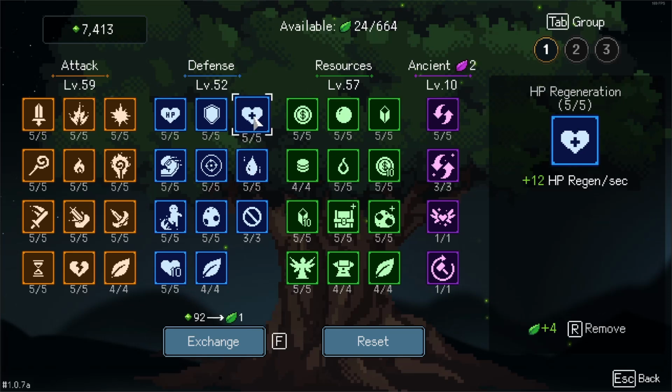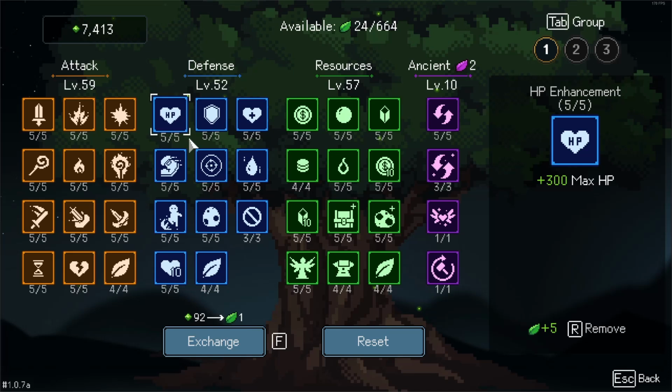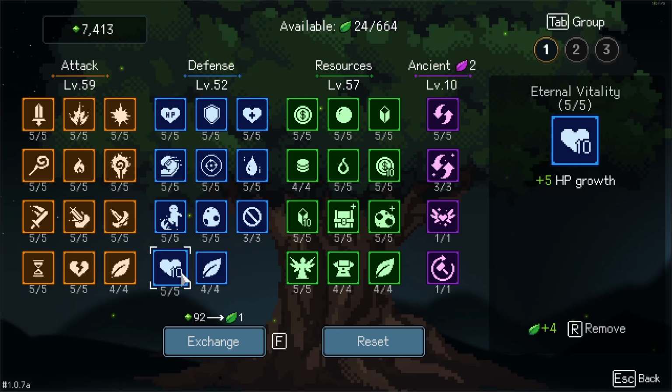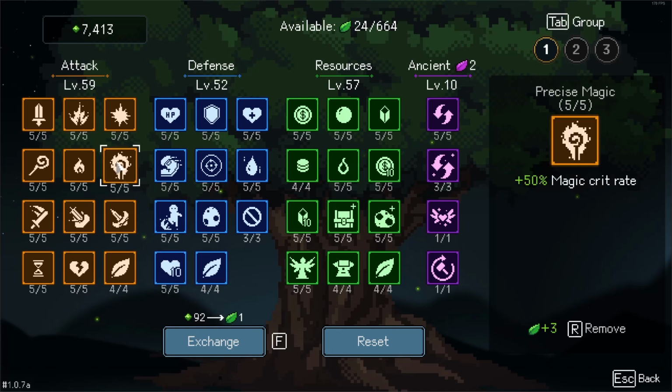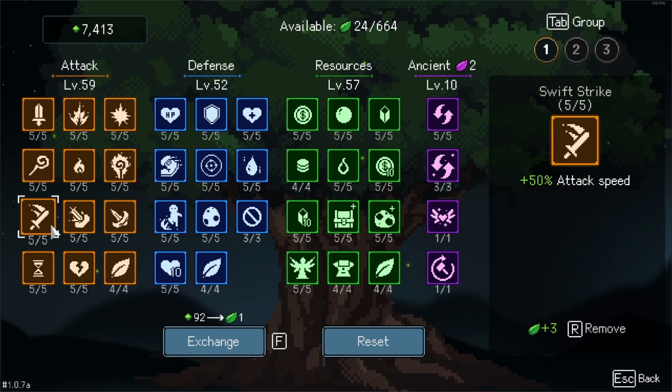Life drain is good, HP regen is good, armor is good, movement speed is good, pickup radius, all this is good. Max HP is just starting, so it's okay. And then HP growth is decent. Of course, ancient leaves. Attack is basically what it boils down to: physical damage, magical damage, attack speed, very good,